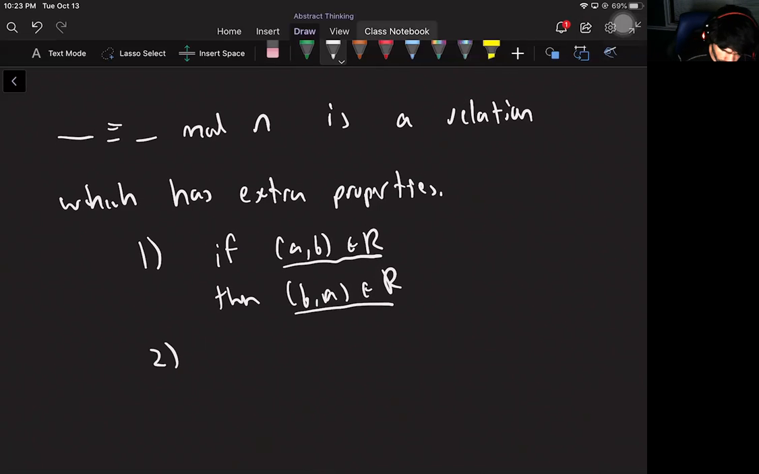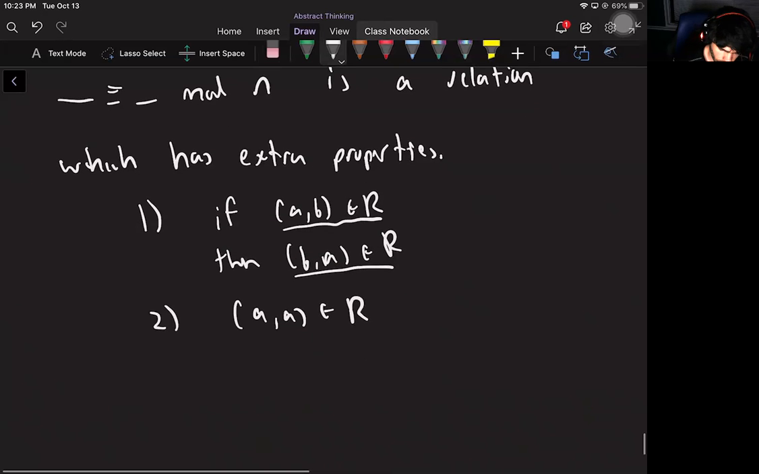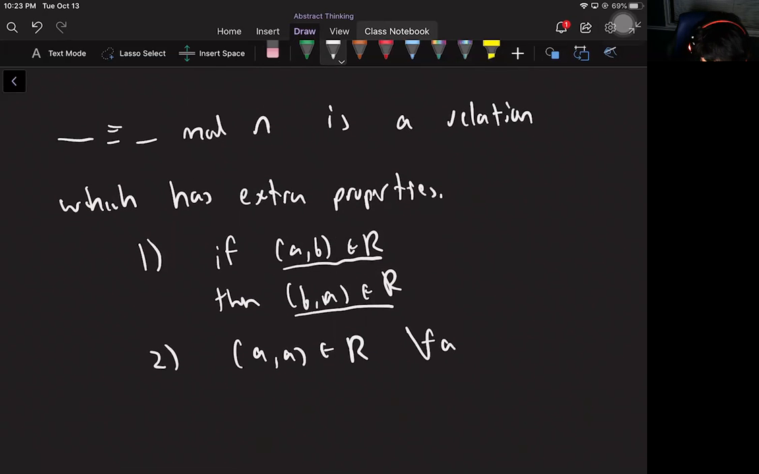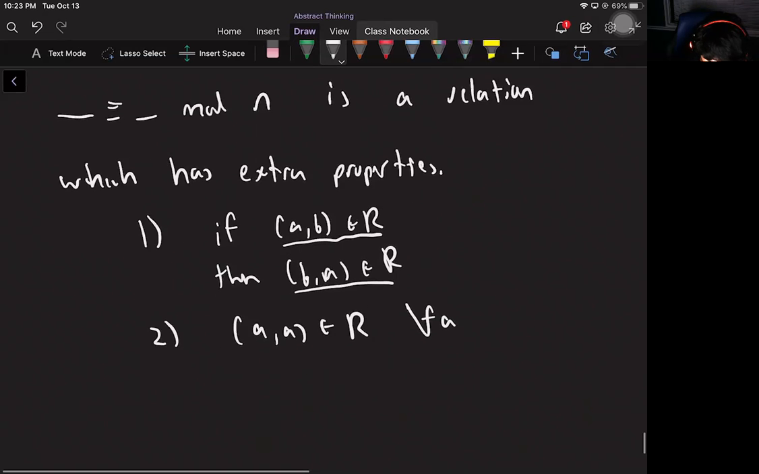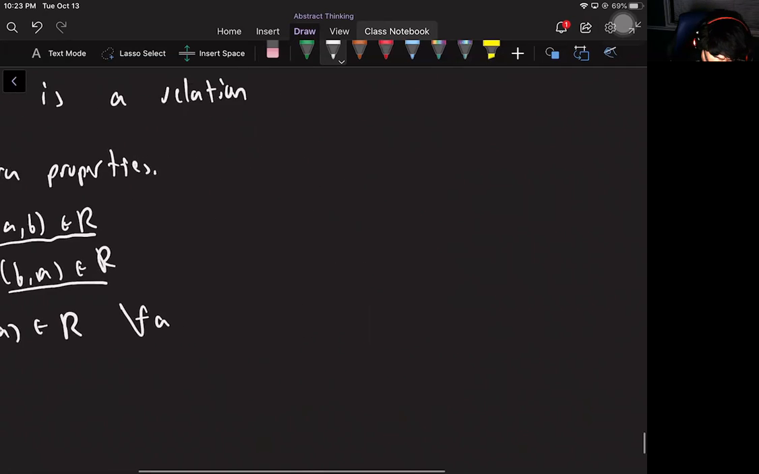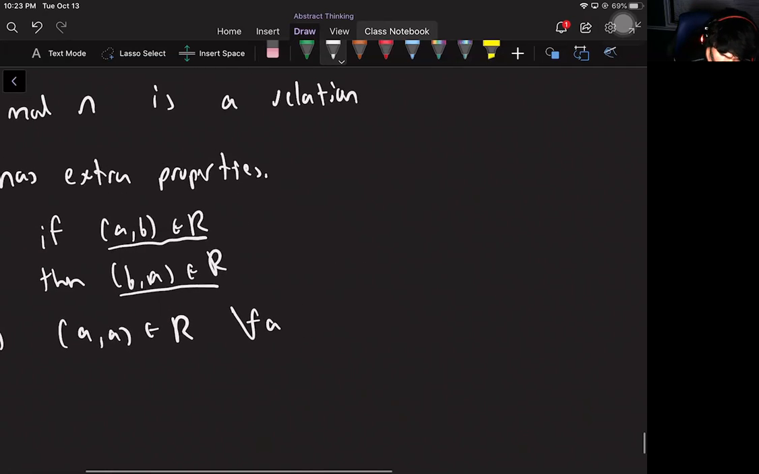Another nice property is that every single number was related to itself. That's what this is saying. So these are 2 nice properties we're going to discuss next. We're going to formalize them, but I just want you to think about it in the context of what we did up there. So like when we did mod 3,